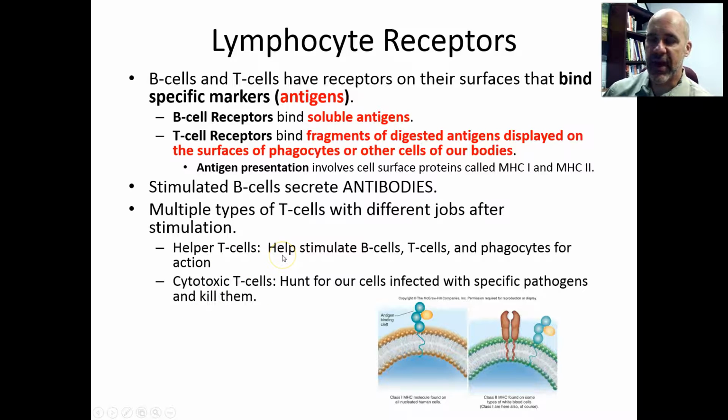Helper T cells, as the name suggests, go on to help stimulate your B cells, other T cells, and also phagocytes to carry out their actions. That's why they're called helpers. And some people consider these to be the grand conductors of your immune system. They're very, very important. People who have HIV infection and have developed AIDS, the reason they have AIDS, this immunodeficiency syndrome, is because,